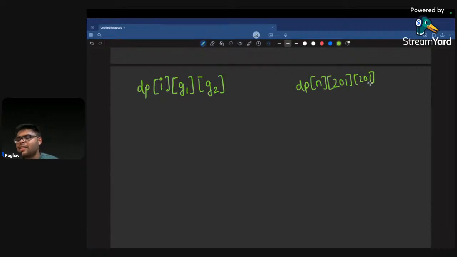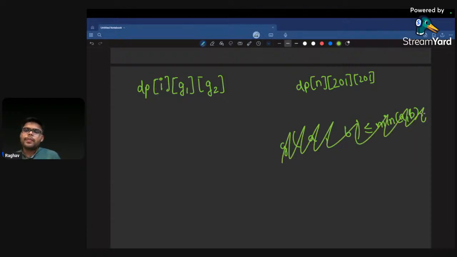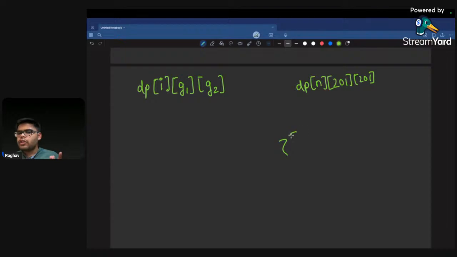would always be less than or equal to the minimum element. If you have two elements A and B and you take their GCD, it would always be less than or equal to the minimum of A and B, because GCD is nothing but the greatest common divisor, and the divisor of any element can never be greater than the element itself. So GCD must be either smaller or equal. So you know that these values would always be less than or equal to 200, and